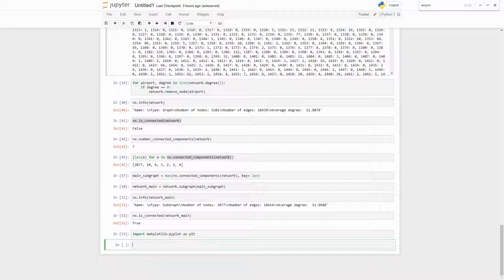First, before drawing the plot, we need to create a new variable within our node that's going to be called coordinate, and it's going to be basically a tuple that's made of the latitude and the longitude, and then we're going to use those positional values to put the different points that represent our different airports in the world. So in order to do so, we'll add a for loop right here for every airport in our connected network. Airports in network main,